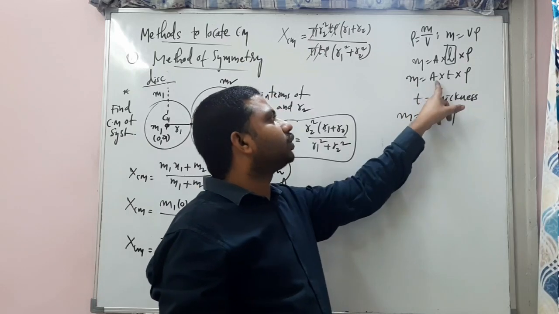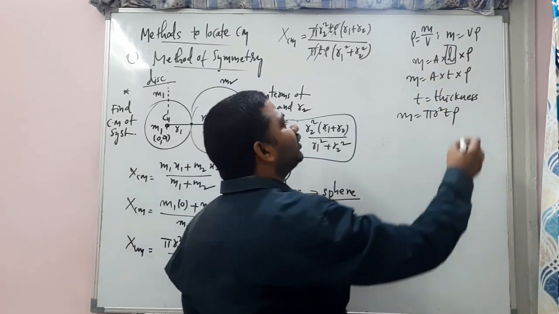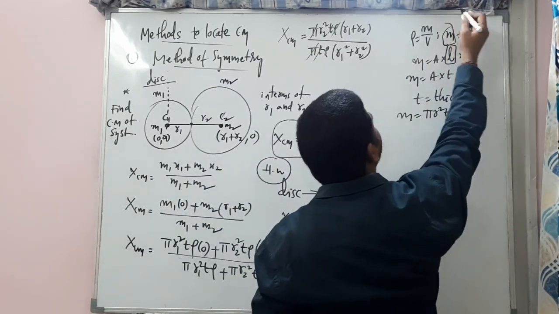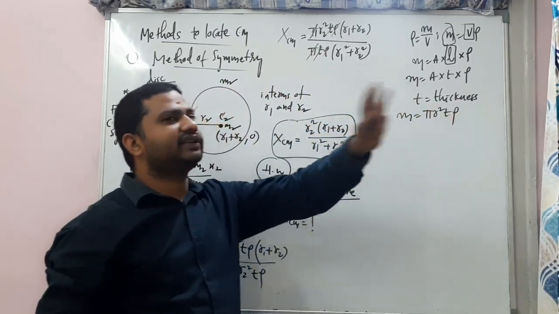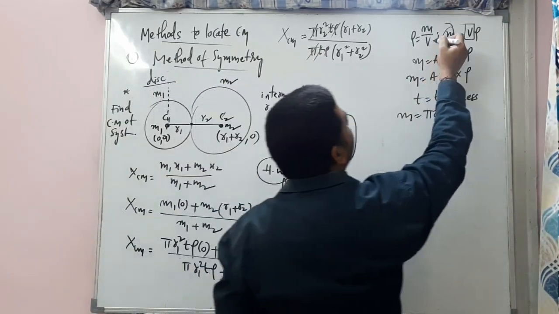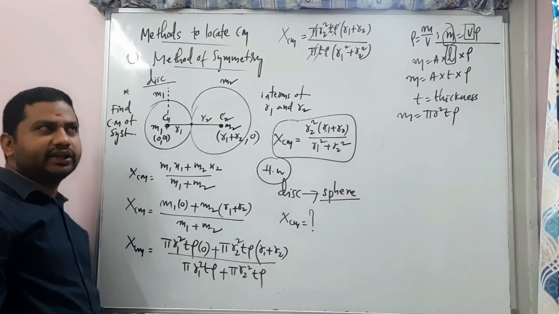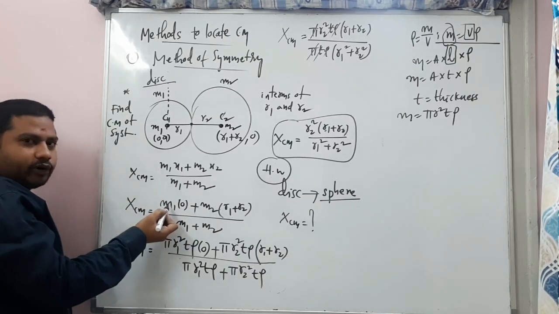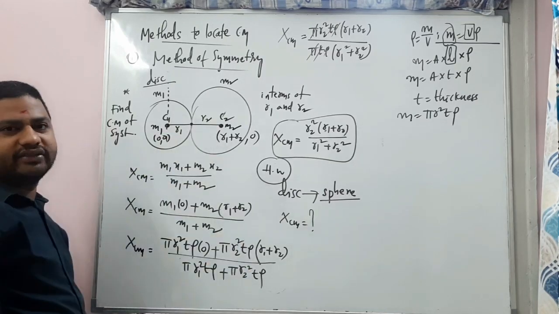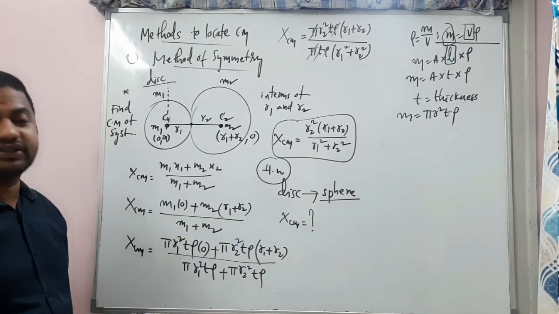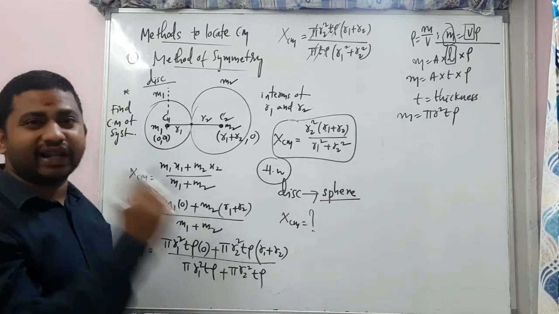Here the mass is equal to, for a sphere, directly we can write volume. Mass of the sphere is equal to volume. You know the volume of the sphere. Here thickness and length, everything will not be there. So directly you will get the concept from here. Mass is equal to volume of the sphere into density. In place of this mass, you keep volume of the first body into density. In place of this, you keep volume of the second body into density. Right? So tell me the answer right now. Pause the video and do it and tell me the answer.